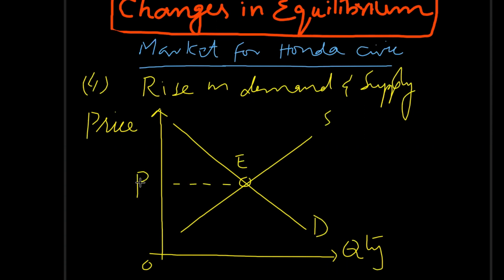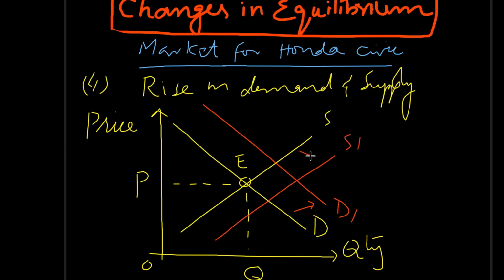We can see equilibrium price is P, equilibrium quantity is Q. So rise in demand as a basic principle shifts demand curve to the right and supply curve to the right as well. It's really simple if you remember that increase in demand and supply shifts them to the right, instead of remembering that they will shift outward or inward or terms like that.